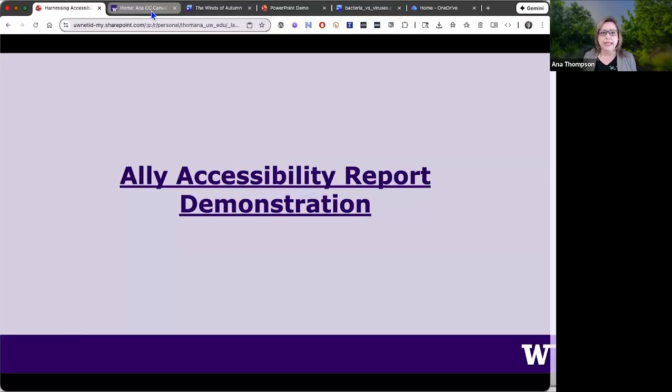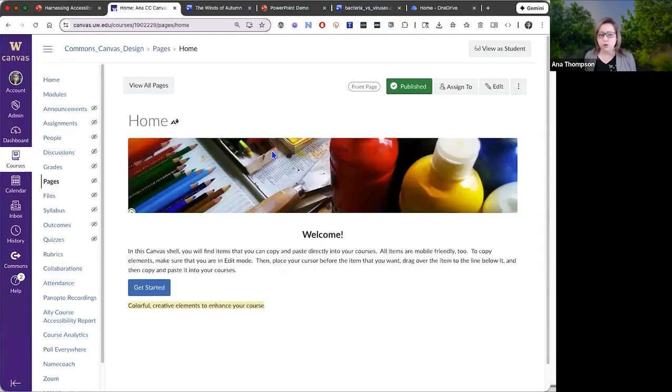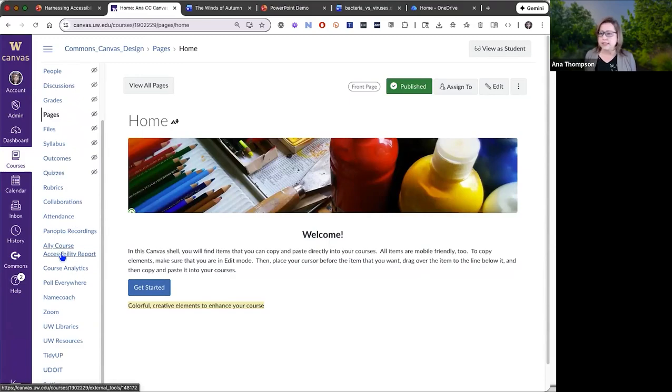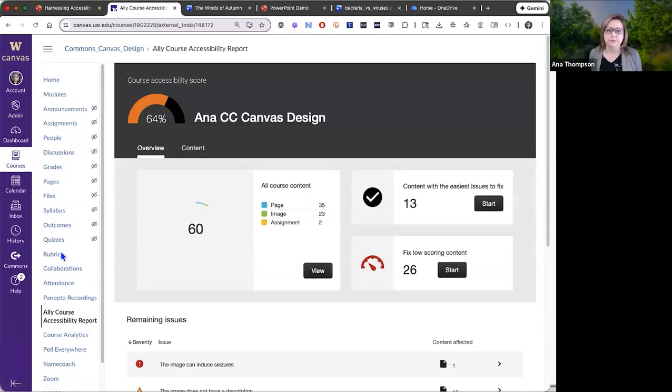I'm going to go to a little demo, go back to the course. I already have the Ally course accessibility report link in the menu. I'm going to select that to take me to the report. Okay, so it looks like this course is at 64%. And I can see in this interactive dashboard that it looks like it's mostly pages and images,